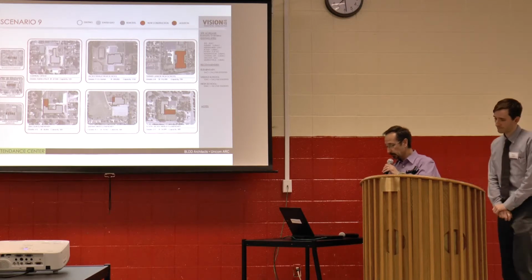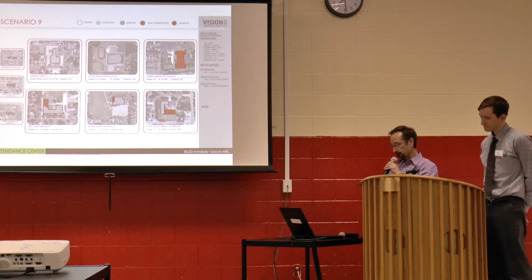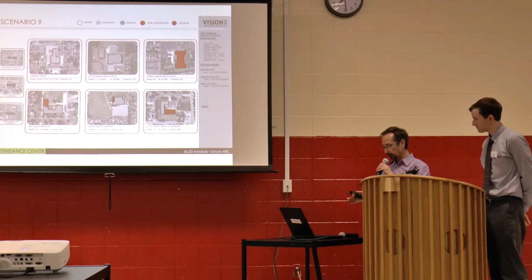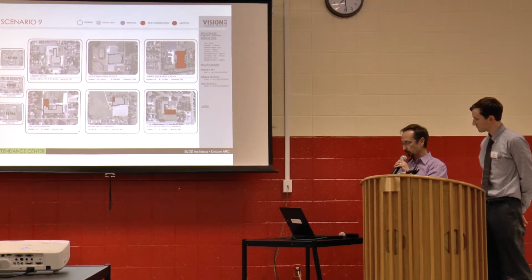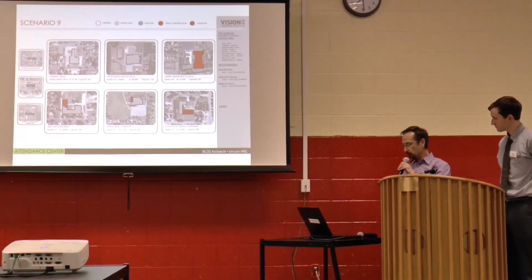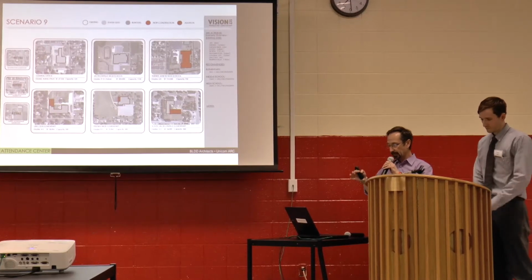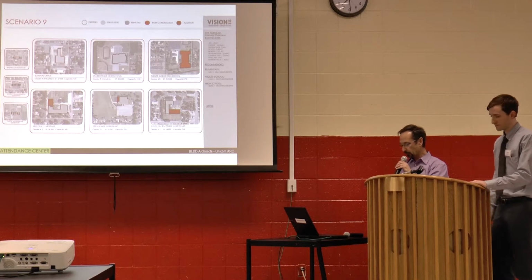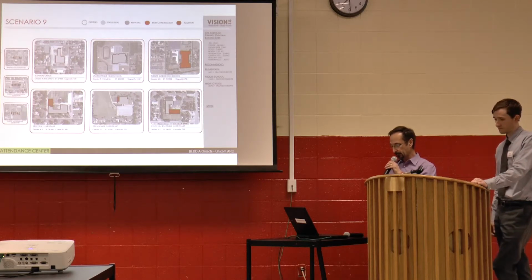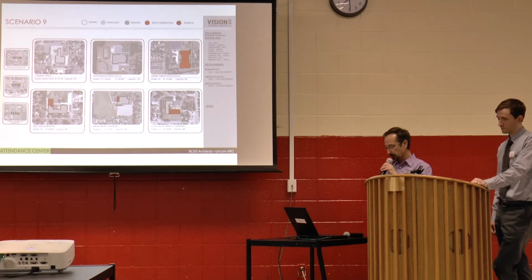In scenario 9, the central office is remodeled for just physical needs assessment, and it remains a pre-K facility. Jacksonville High School, same thing. It gets remodeling, physical needs assessment, and 21st century renovations. The junior high is replaced with a new 6-8 on the Turner site. Lincoln Elementary gets an addition and renovations so that it can become a 4-5 center. Eisenhower gets additions and renovations so it can be a K-1 center. And South Jacksonville gets additions and renovations so that it can be a 2-3 center. The balance of the facilities are retired.